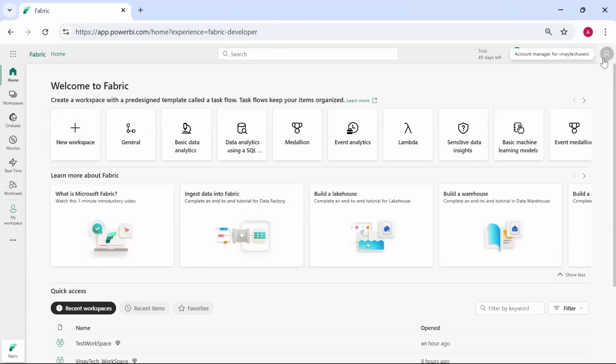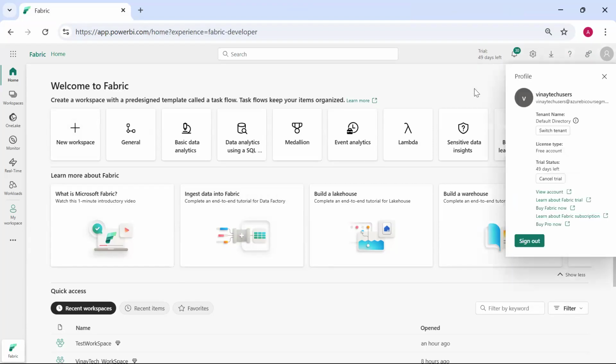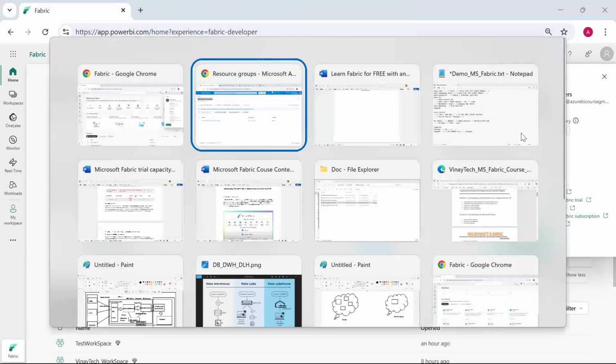Workspace. Now you can see my settings here. This is 49 days left for free, and I'm having a free trial subscription. This is another way of creating the subscription, because generally in a company, what happens when you go to the